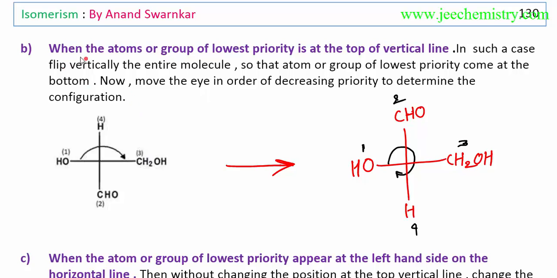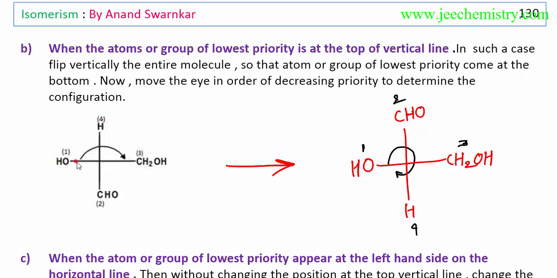Now in the second rule, I have corrected some things after this correction. Suppose this compound is given with the H, the lowest priority group, in the vertically upward direction, in the top position. We have to bring this group to the lowest position, meaning the downward direction. We have to bring the lowest priority group there, but it is in the front position. So after the flipping, if this position is there, then we have to flip the compound. This H will come in the downward direction and CH2 will go, CHO will go in the upward direction. After the flipping, this is shown wrongly.